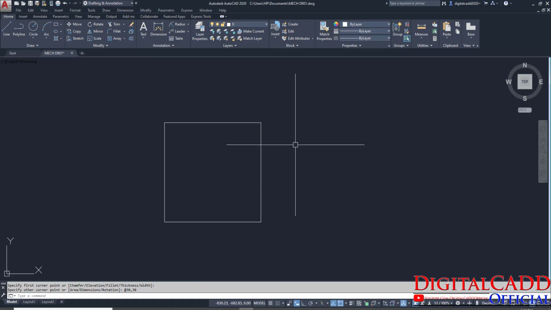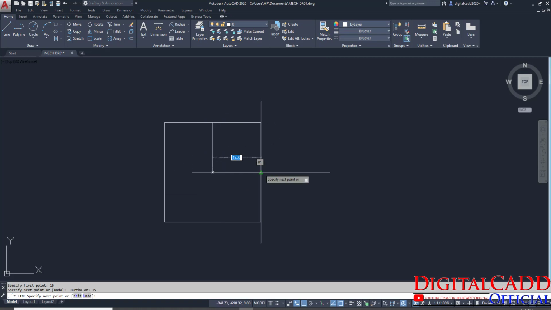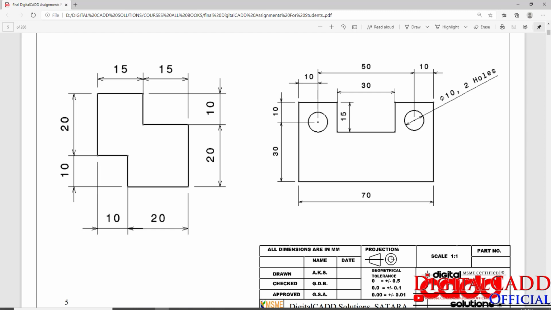Okay, so just take a line, hit L, enter, and we can track this point, and we get a green dotted line. Type here 15, enter. Below that 15, enter, and here, sorry, this was 10, enter. Another is 10 by 10.